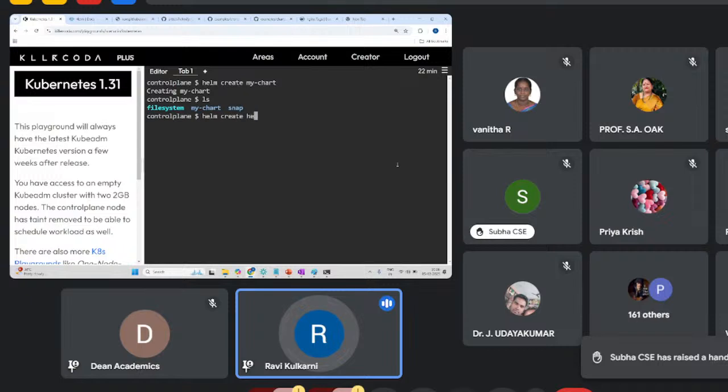Let's say that hello world. If I'm creating it with hello world, typically you will be able to see hello world is also there, right? But overall, the structure remains the same. So I've deleted that. So my chart,